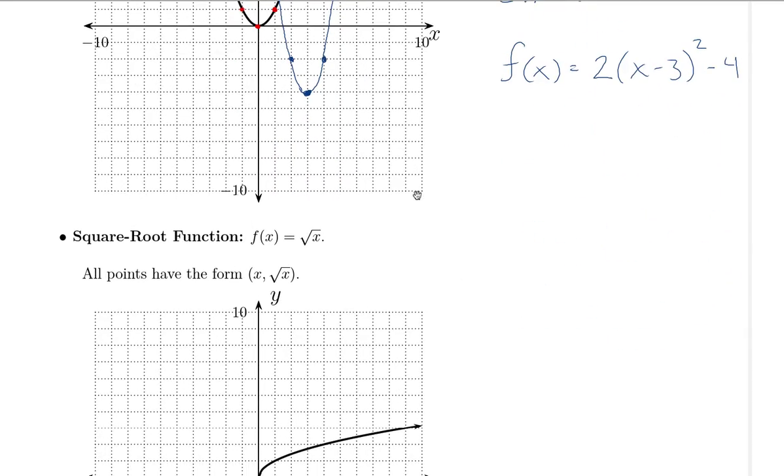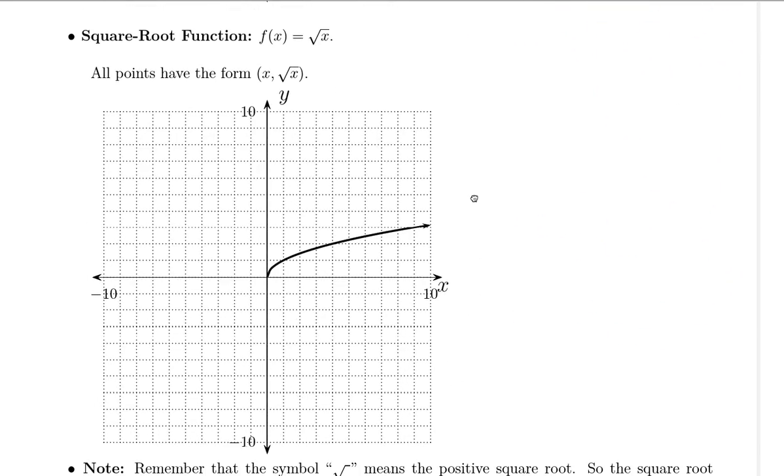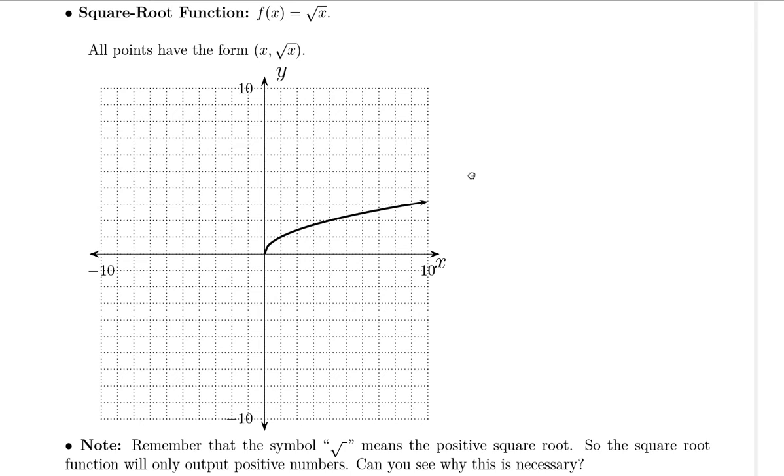All right, so we'll take a look at another one now, the square root function. The square root function is where we take whatever x value we have and we take its square root. Now, one thing you do need to understand is that the square root symbol always means the positive square root. Just as an example to sort this out here,